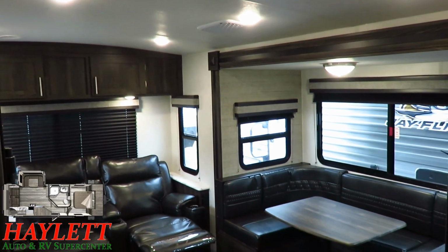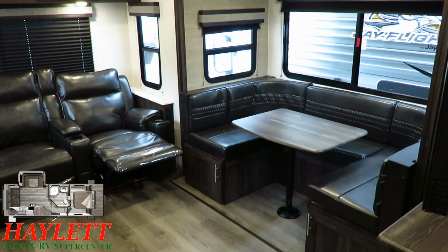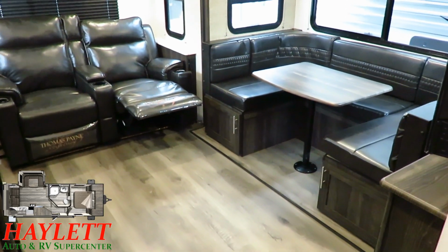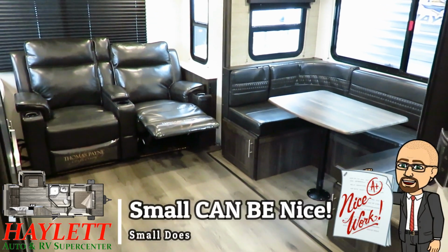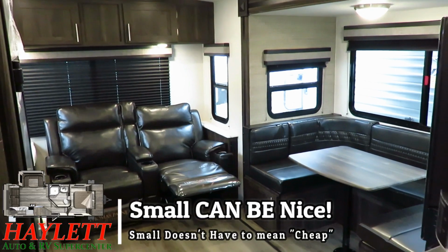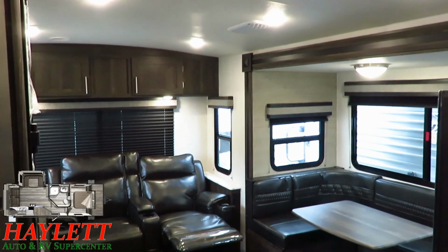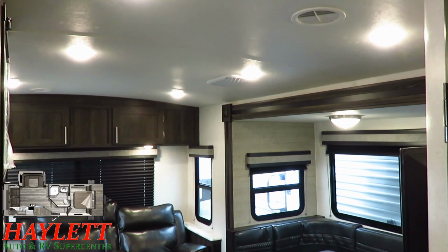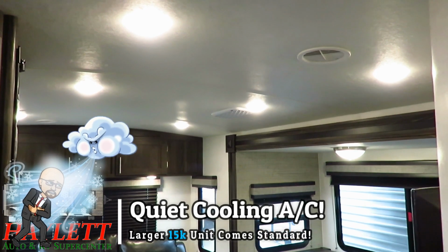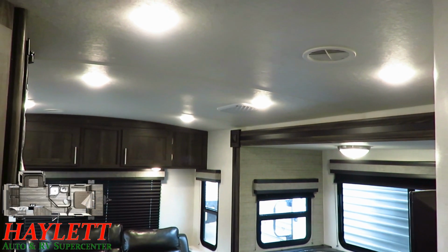And I think this one's just such a great mix of high class, but smaller. Not everybody is looking for that big 45-foot retirement rig. There's a lot of people who are looking for something that is just nice, but small. And sometimes small can mean cheap or chintzy, and that's not going to be the case here. Case in point, this was an industry first ultralight with whisper ducted air conditioning, like one of those big luxury fifth wheels. They are also very good at having an aggressive lighting package in here that makes one heck